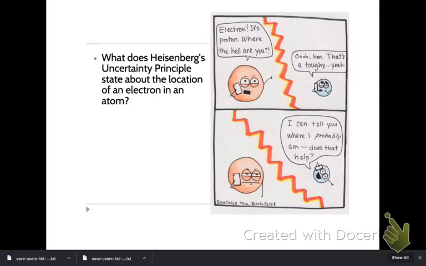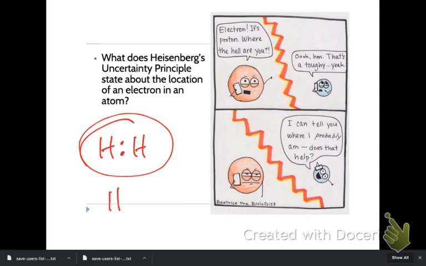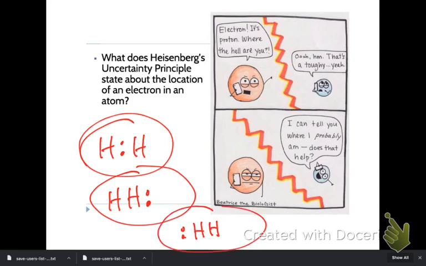So in this example with the 2 hydrogen atoms, we assume that they're going to be shared equally all the time. But it's possible that both those electrons can be on one side of that molecule at a time. Or they could be on the other side of the molecule at one time. And when that happens, just like with a polar molecule, since we have both electrons on one side, that's going to make the